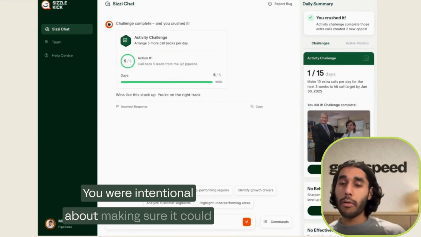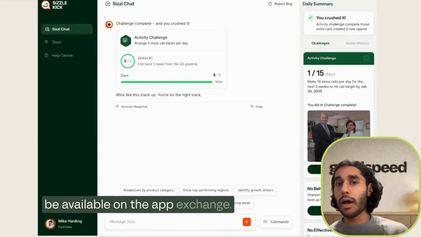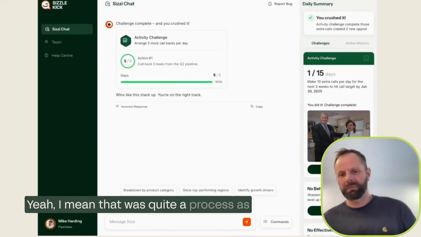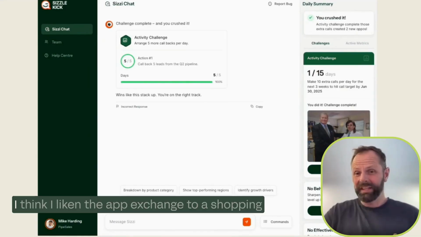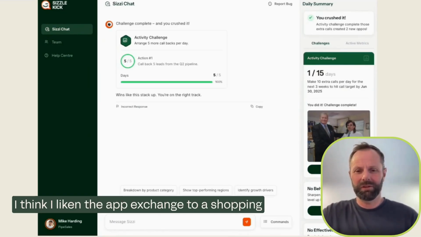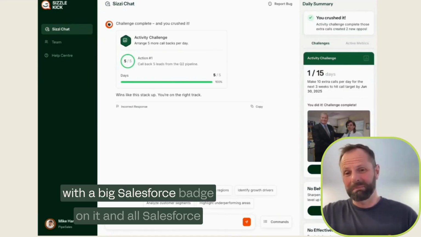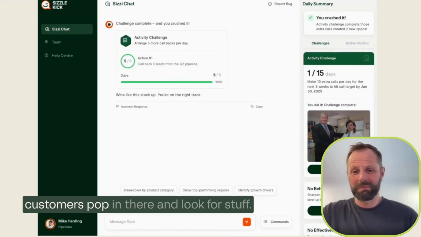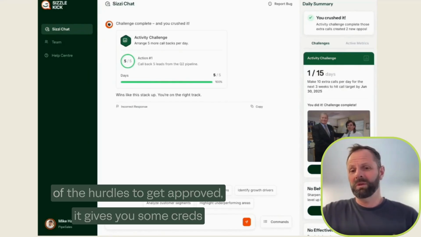You were intentional about making sure it could connect, not just to Salesforce, but also be available on the App Exchange. Yeah, that was quite a process, as you remember, Harry, to get through that. I liken the App Exchange to a shopping mall, or shopping centre as we say in the UK, with a big Salesforce badge on it, and all Salesforce customers pop in there and look for stuff. So as a smaller player,